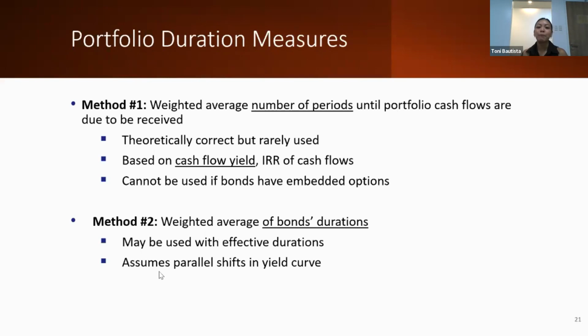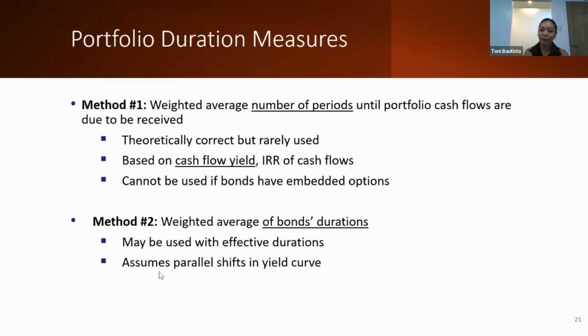The first one is to compute the weighted average number of periods until portfolio cash flows are due to be received. So essentially, you will map out all of the cash flows in your bond holdings. Theoretically, this is correct, but empirically, it's very difficult to do. So after you've laid down all of the cash flows, you can just compute the Macaulay duration. But take note that this cannot be used if the bonds have embedded options. So if you're looking at a callable bond or a puttable bond, it would be difficult for you to use